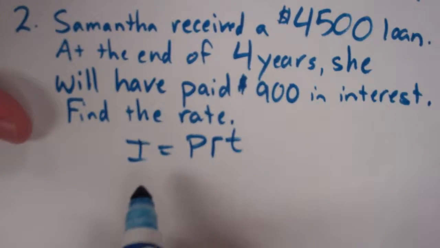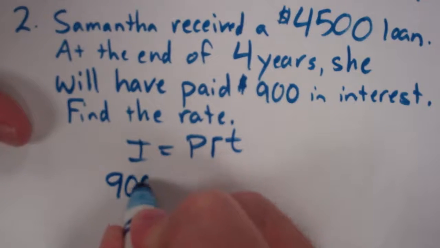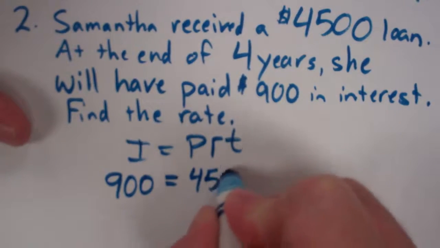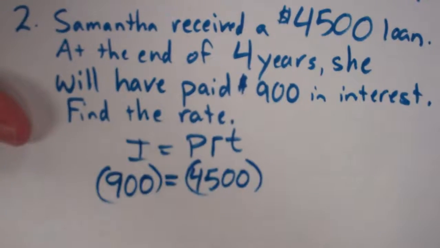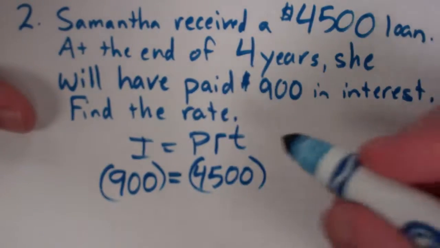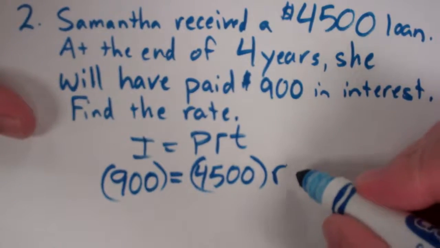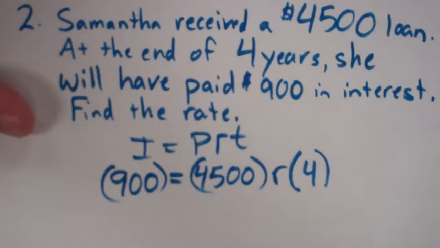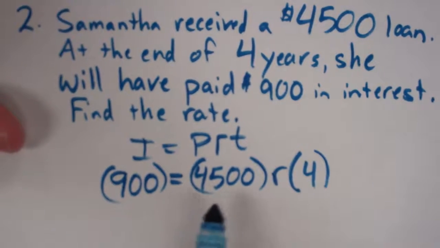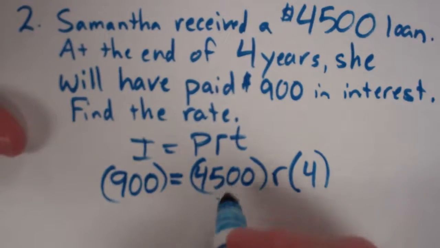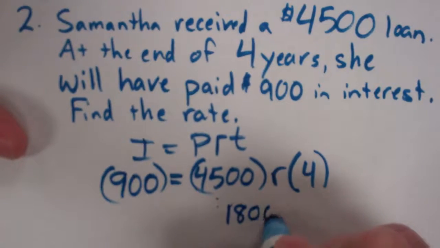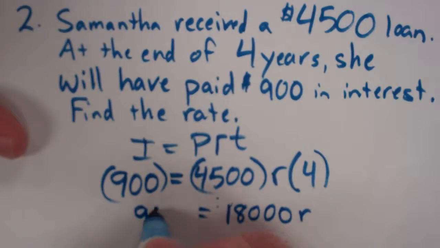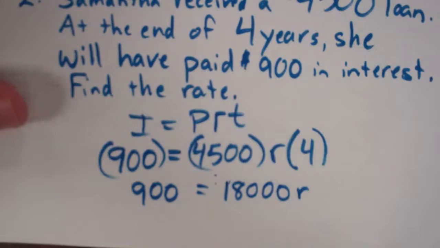This time, I know the interest, $900. I know that the principal was a $4,500 loan. I should put all of these in parentheses. I don't know the rate, but I know the time. The time was 4 full years, so this time I can just use the number 4. So now, when I do this, I'm going to be taking 4,500 times 4, which is 18,000. Wow. R equals 900,